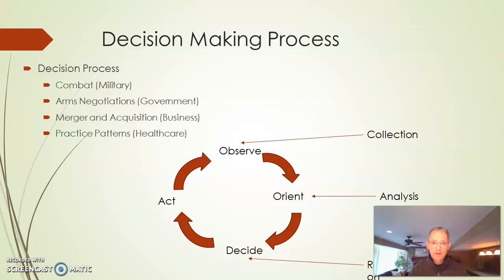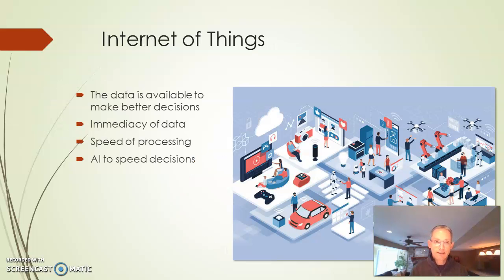The first thing we ever do when we make decisions is observe our environment. We orient ourselves to that environment, understand what's going on, make a decision about what we're going to do, and then we act on it. And as soon as you do that, you're immediately back in that loop doing it again. From a data perspective, we can think about that as collection, analysis, recommendations, and then actions. So that's what we want to do from a business perspective. I've got some examples over there. It's all the same thing. It's this OODA loop. How do we process that?